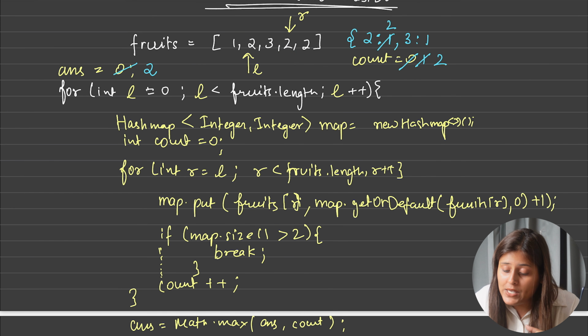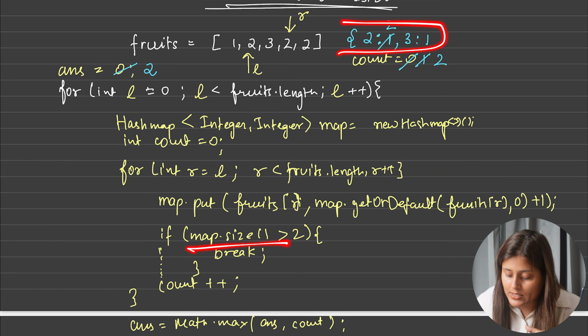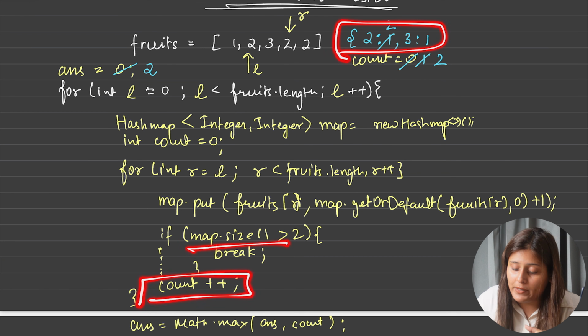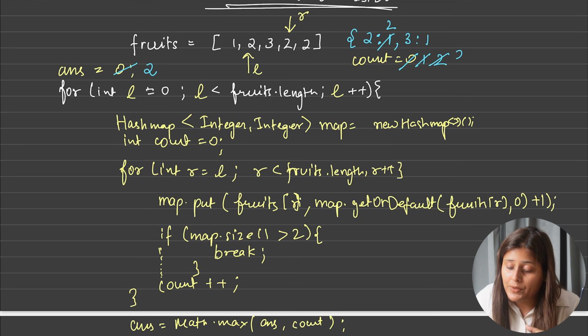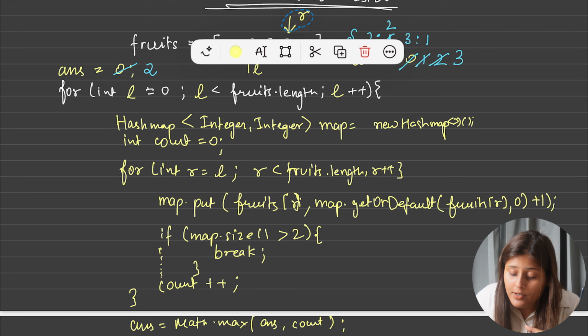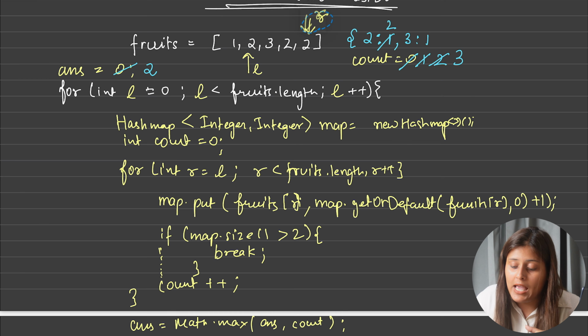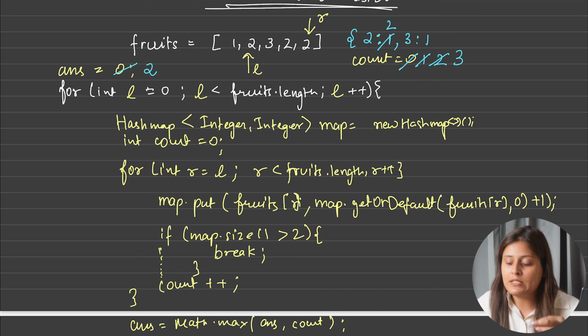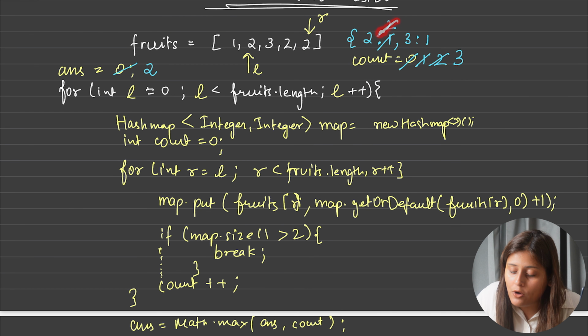Again, is the map size greater than 2? No, the map size is still 2 only. So we will still do count plus plus, and now count will become 3. After that, again what we will do, right plus plus. So this right pointer will move to the next point, and this fruit 2 is already present in my map. So I will not add a new fruit, I will just increment the count,